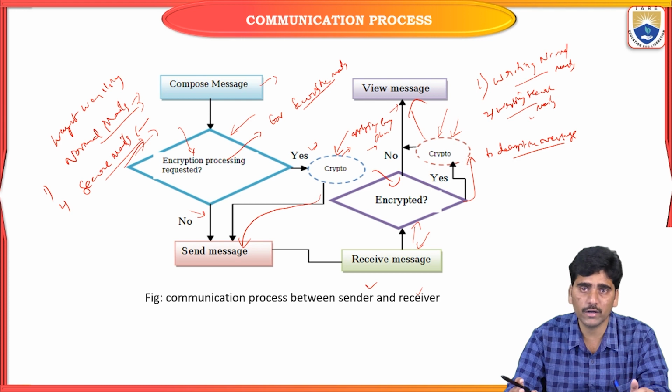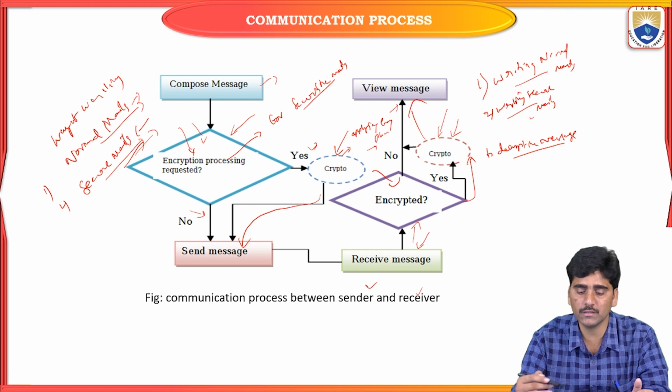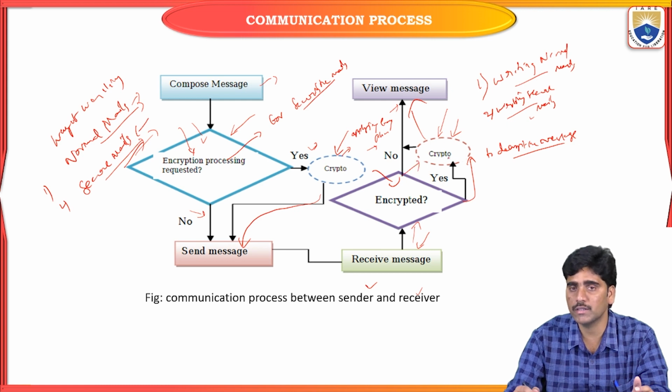But whenever you are writing security mails, you have to apply the process called encryption to the message as well as the mail. After encryption is done, at the receiver side the message has to be decrypted with the help of the same cryptographic techniques, like the public key and private key concept. Using that cryptography concept, we write security mails from the sender to receivers. So this is the way we can understand the communication process.